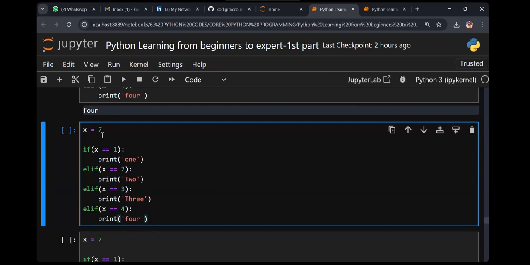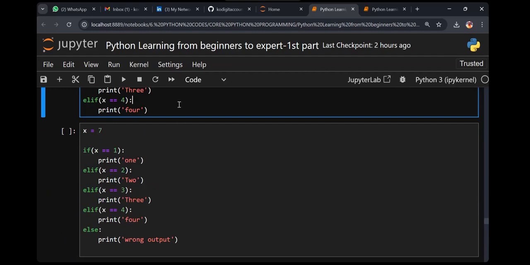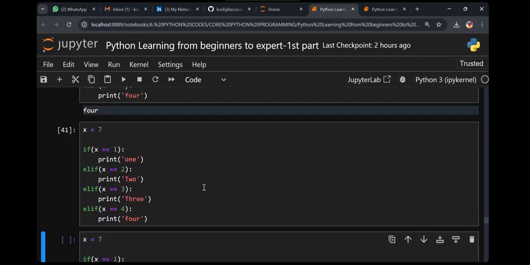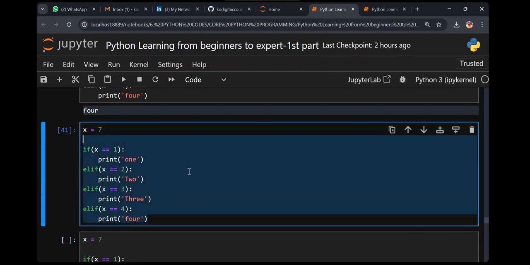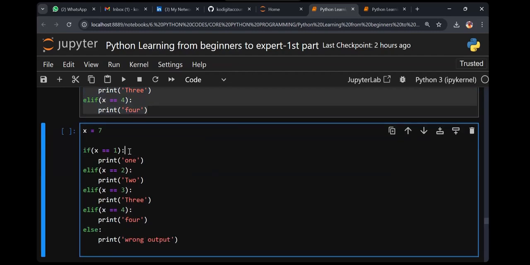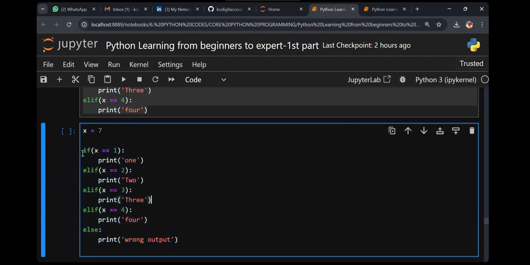We don't have 7. In that case, I'll use an else block. Check. This is neither error nor output, because this is neither error nor output. So here, if x equal to 1, can I use else? Print wrong output. So if, elif, else.